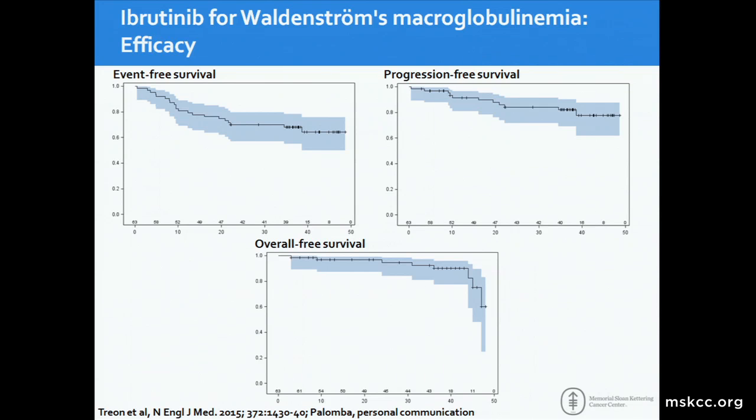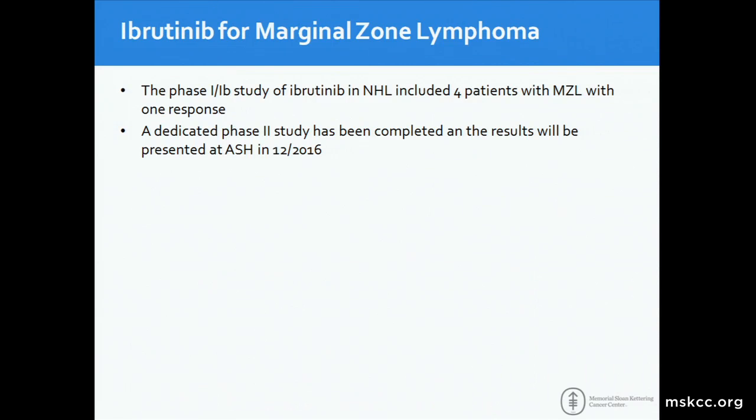Why is there a difference between progression-free survival and event-free survival? It's because Ibrutinib, though a well-tolerated drug, is not without side effects. These are drugs that still have side effects, and the difference between these curves are patients who come off for adverse events. But overall, the overall survival has been excellent. So marginal zone lymphoma, I suggest that you stay tuned to ASH, where you'll see the study of Ibrutinib in